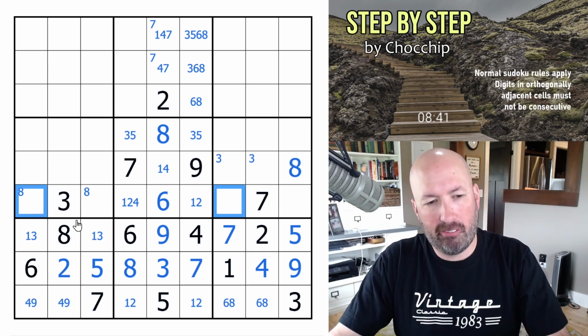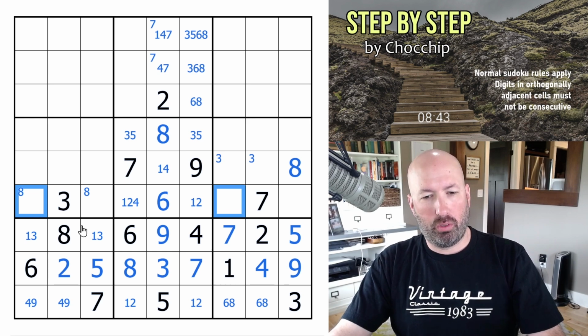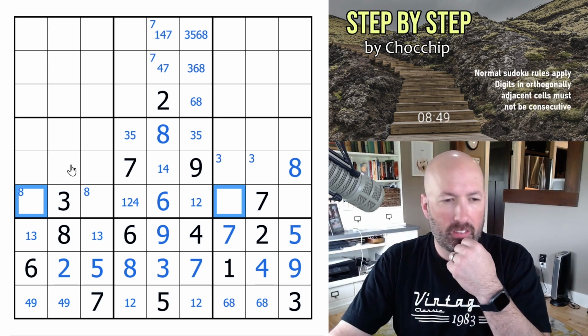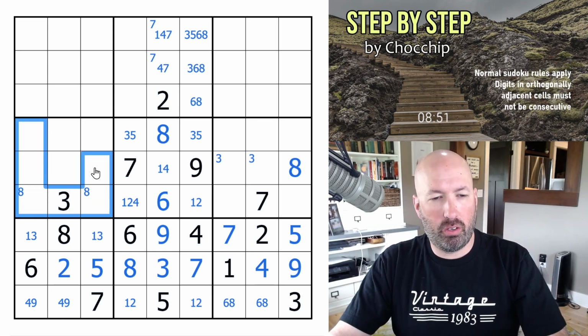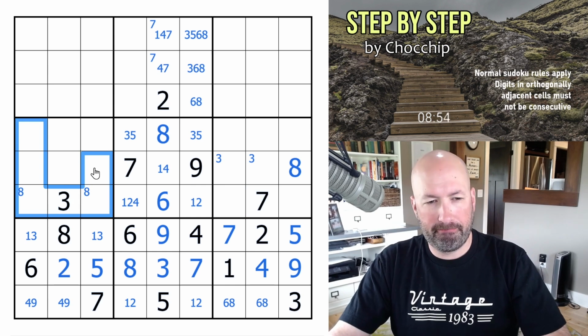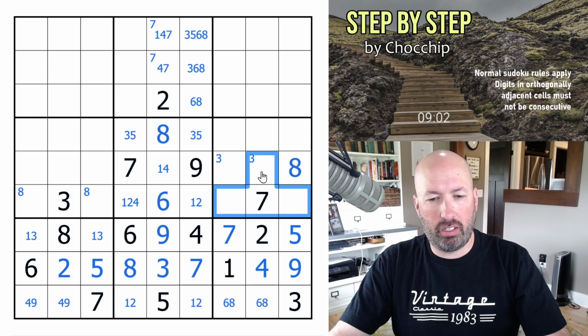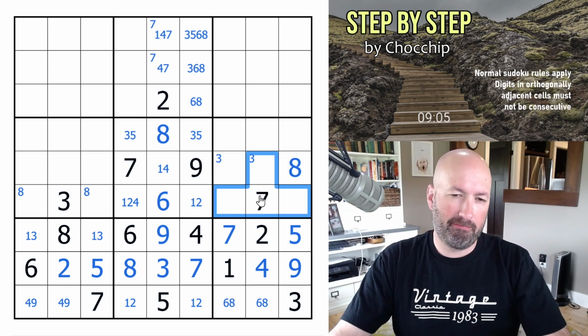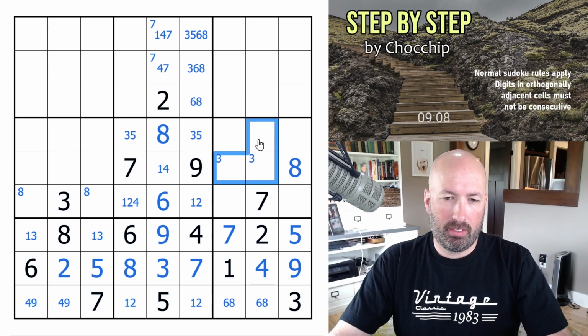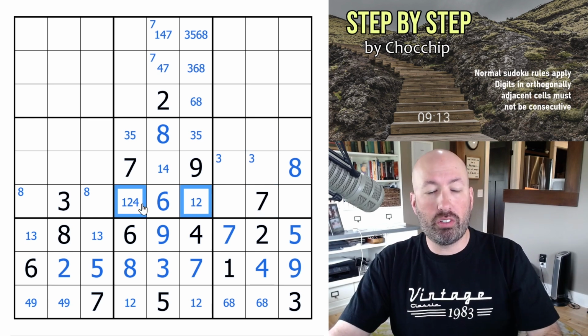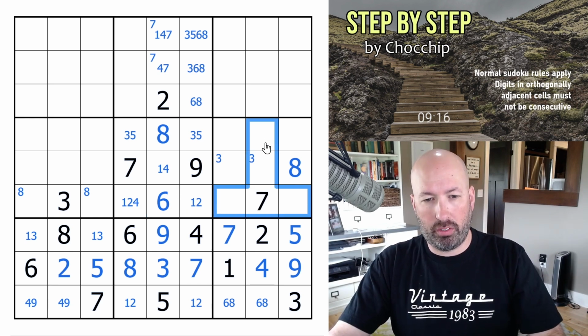But I don't see why those don't both work. See, 6 over here can't be in those, can't be next to the 7, but could still be in any of those 3. And over here, you can't have 6s in any of those, but 2 and 4. Well, the 2 is in one of these. So the 2 is ruled out of those. It also can't be there because of the 3s. So the 2 is